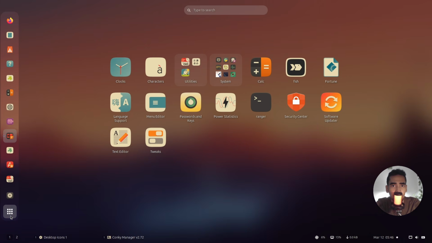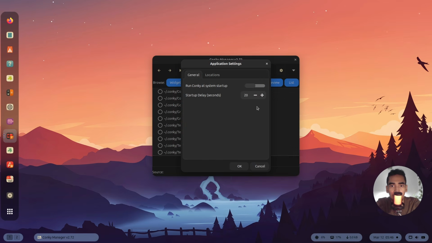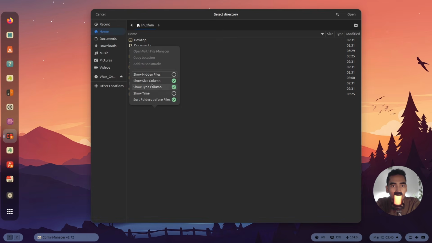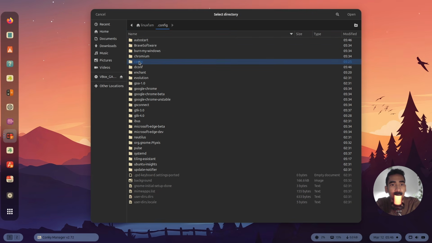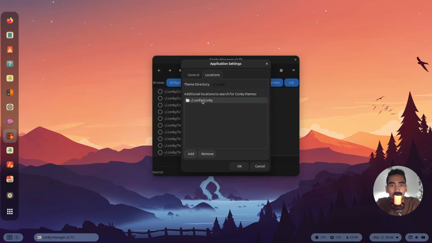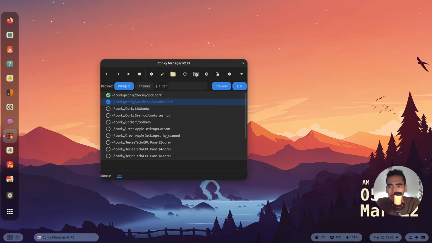or you can simply search over here Conky manager and open up the Conky manager. Then click on this gear icon and then select it to make the Conky run at the startup. Then go to location, click on add, and right click on show hidden files, and over here go to .config, select Conky, click on open, select it, and then click on OK, and then simply refresh, and then select the clock and then the weather,